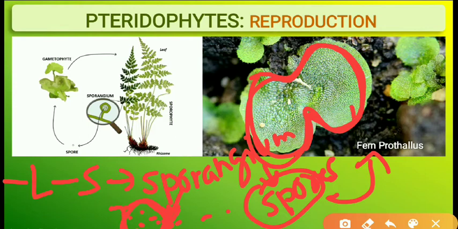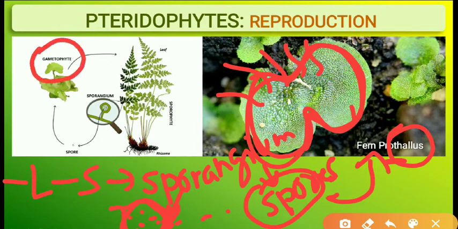This is the prothallus. Pro means initial or primitive, and thallus means false body, which doesn't have root, stem or leaf. They have rhizoid-like structures. Rhizoids take water and minerals and provide them to the prothallus. Here it is shown, the gametophytic stage. Spores are produced. These spores give rise to the prothallus, and the prothallus is monoecious.